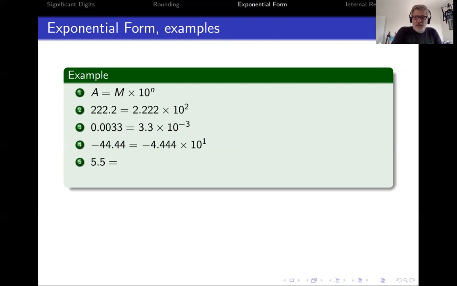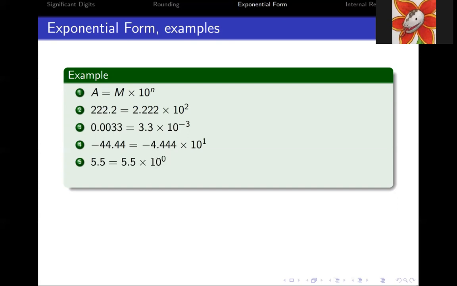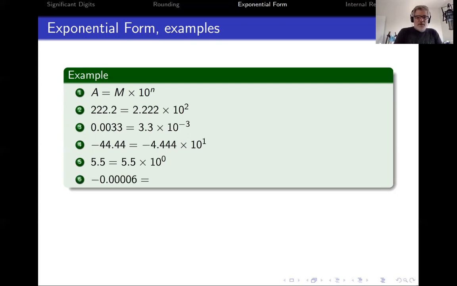5.5, is the point in the right place? Yes. So what's the power of 10 we're using? 10 to the power of 0. Correct, power 0, right? So nothing happens, we're not changing anything. So this is 5.5 times 10 power 0, okay? And finally, one last example, minus